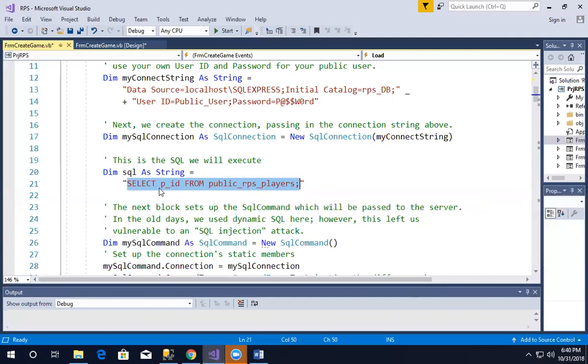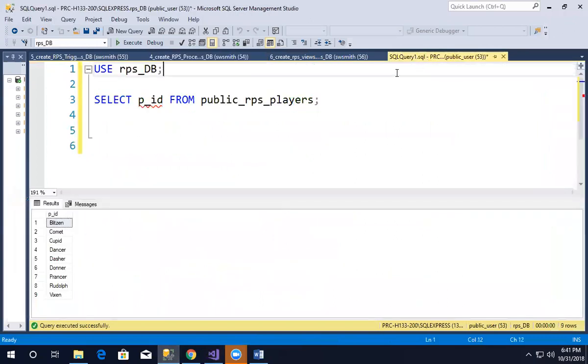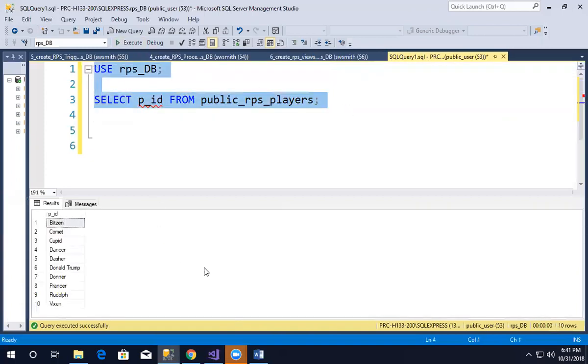Yeah, this has to run. So I have to be able to take this guy. If I want to test him, copy him, go over to my database, go to my public user. There he is right there. So I'm public user. This has to work. If that doesn't work,